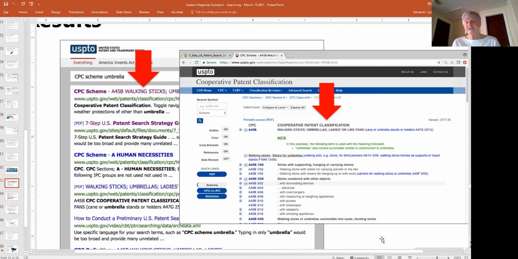Also, when you're doing a search, you can do a classification search with text searching. That is possible. But if you want to have access to older patents and patent applications, you're going to want to do classification searching by itself. Because as soon as you introduce text searching, you no longer can go back any farther than text searching will take you. So when you introduce text searching, it will only take you back to the 1880s in Google Patents,